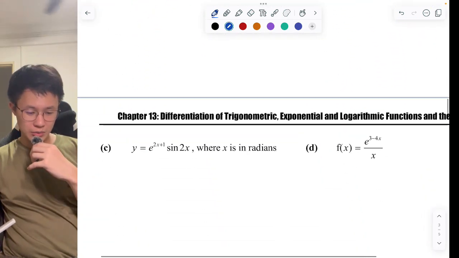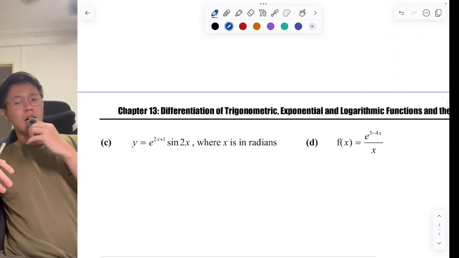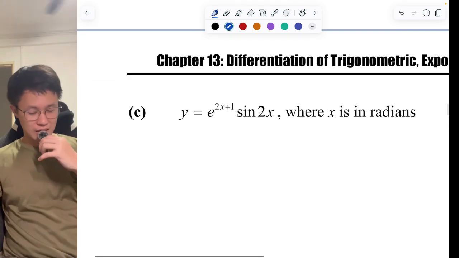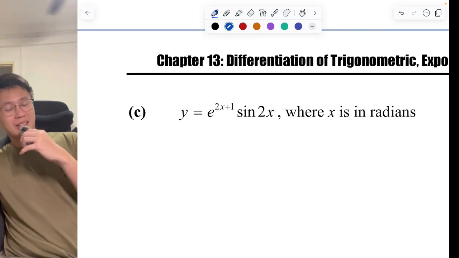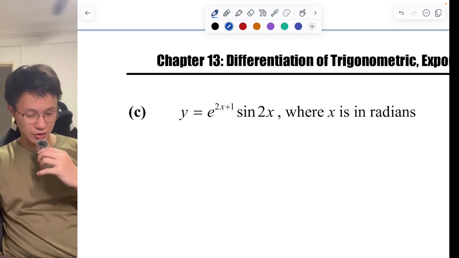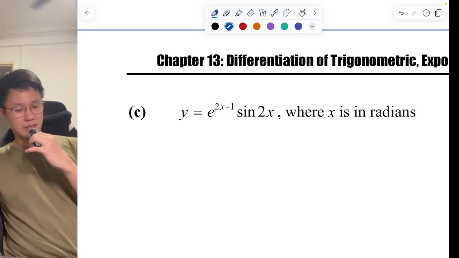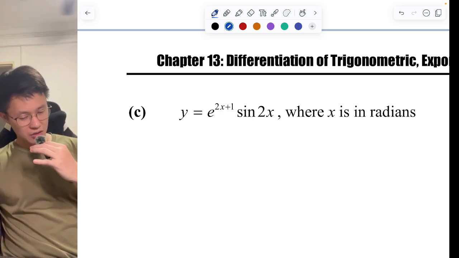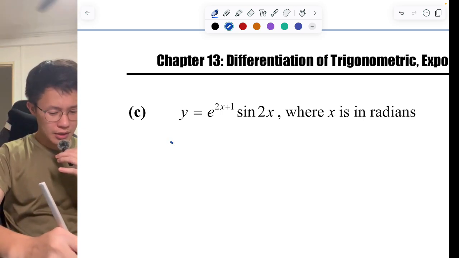Now we move on to a little bit difficult where we introduce trigonometry, right? It's the bane of everybody's existence. And in this case, we got to differentiate an exponential multiplier trigonometry. It's like, oh my gosh, what's going on? Don't worry, let's just do it step by step. This is also in fact some form of product rule and a little bit of chain rule here and there. So let's differentiate